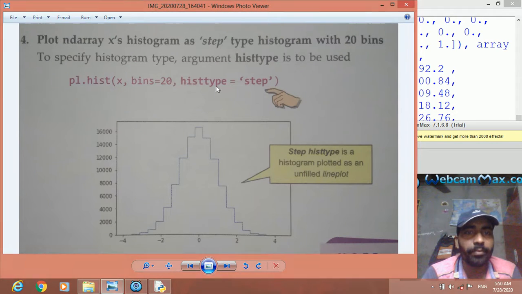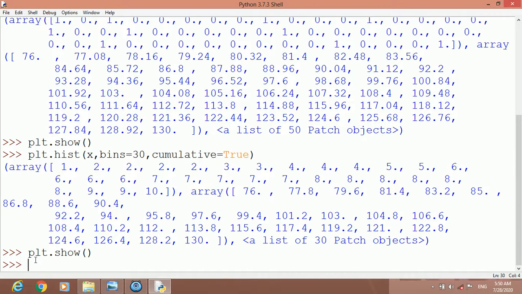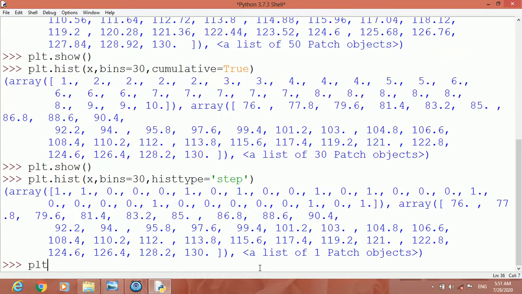Yeah, histtype first, then orientation afterwards. So let us write x comma bins. How many bins do we want to display? Suppose 30, comma histtype. For histtype, we can have bar, barstacked, or step. So let us have step first, then step filled. Press enter, then write plt.show.